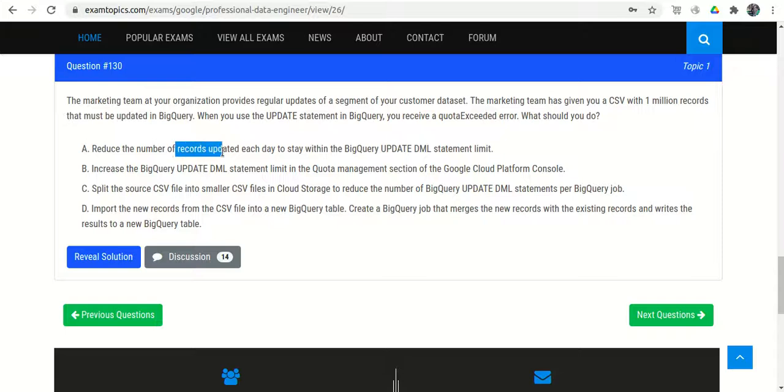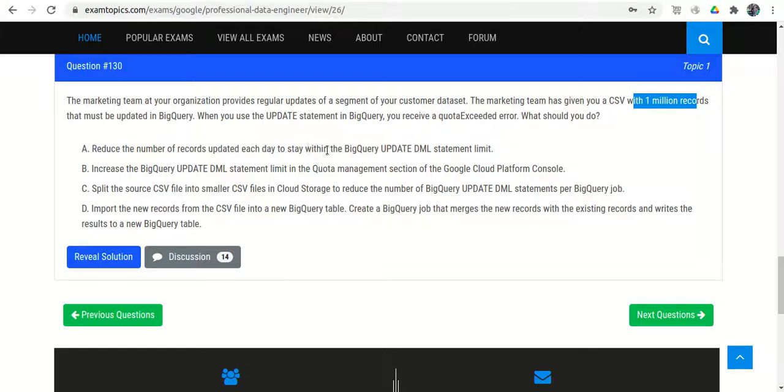Option A: reduce the number of records updated each day to stay within the BigQuery update DML statement limit. This is not recommended. Rather than doing 1 million updates, perform a low number of updates every day. How many days would we take to update the data?